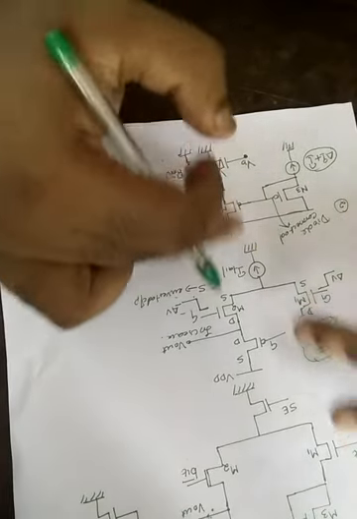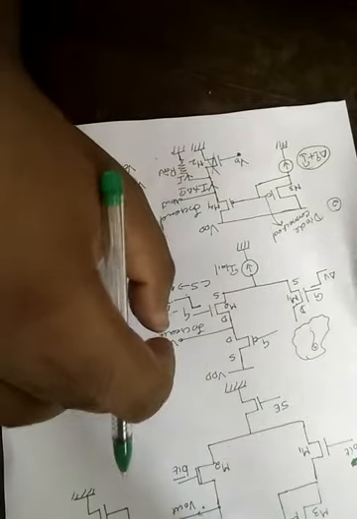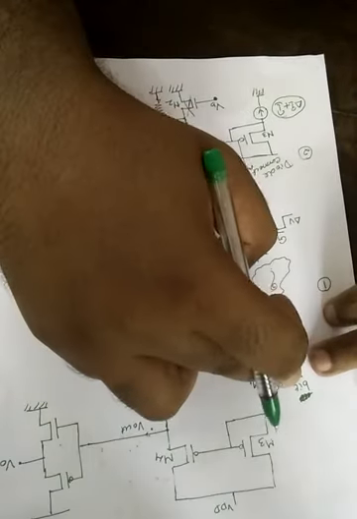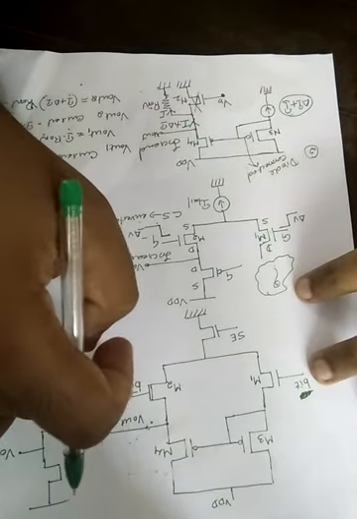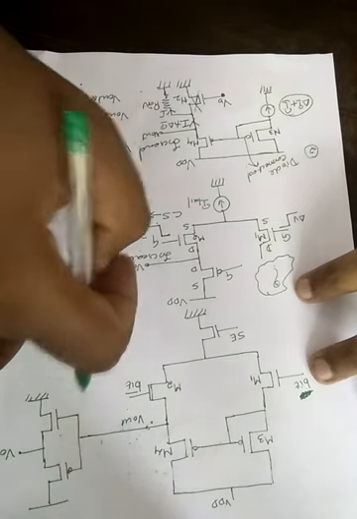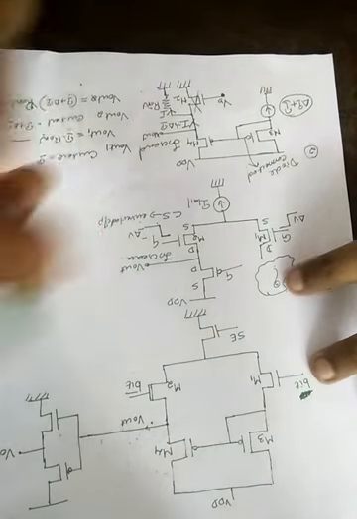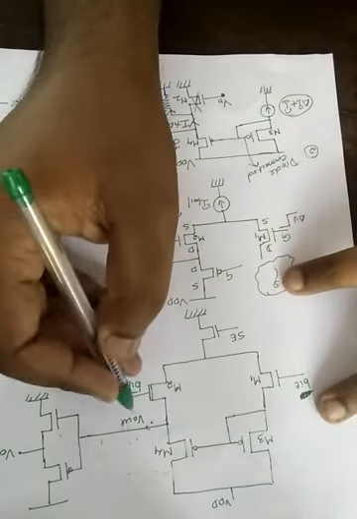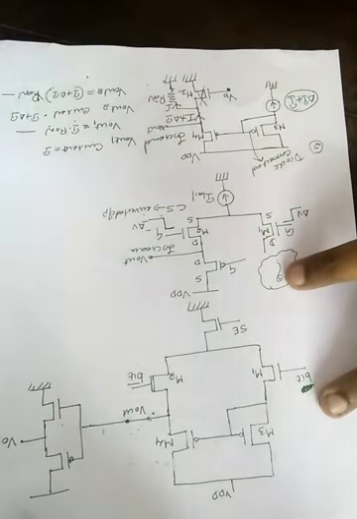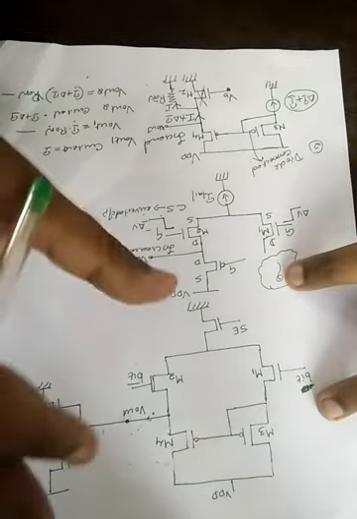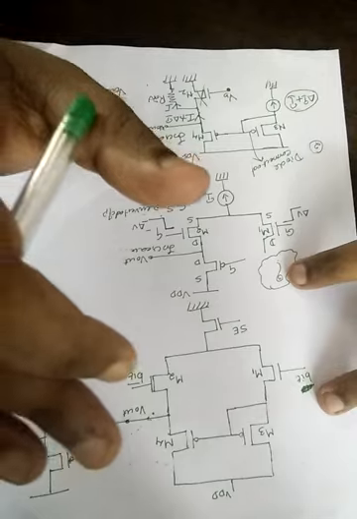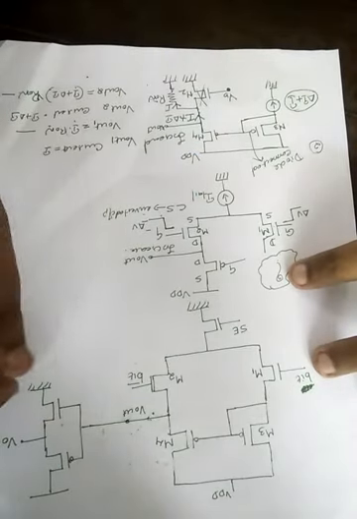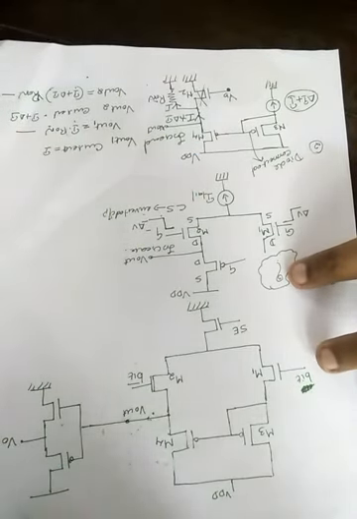If you are clubbing these two circuits, you will get this one. That means an increase in this bit line, that is I to I plus delta I, causes an increase in this output. If there is a decrease in the bit bar, what will happen to the output? It will also increase. That means both these cases result in an increased output. This is the basic thing that you should keep in mind while dealing with the sense amplifier. The exact working of the sense amplifier will be discussed in the next video.